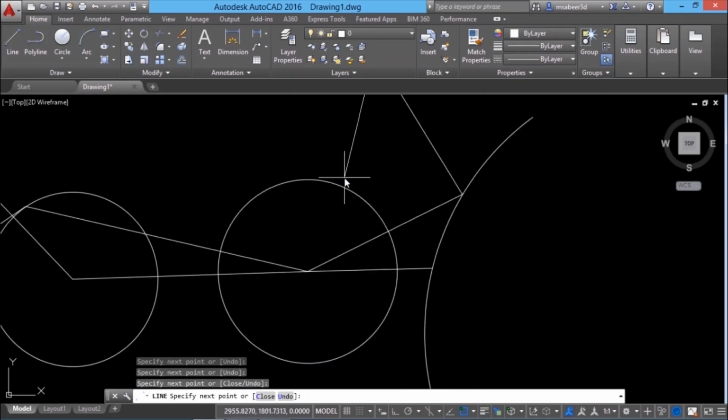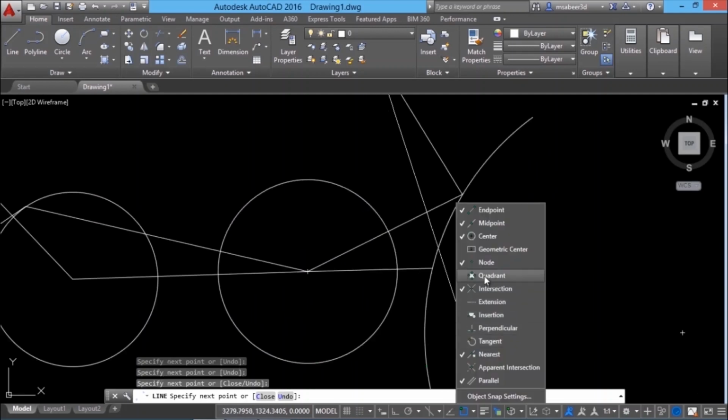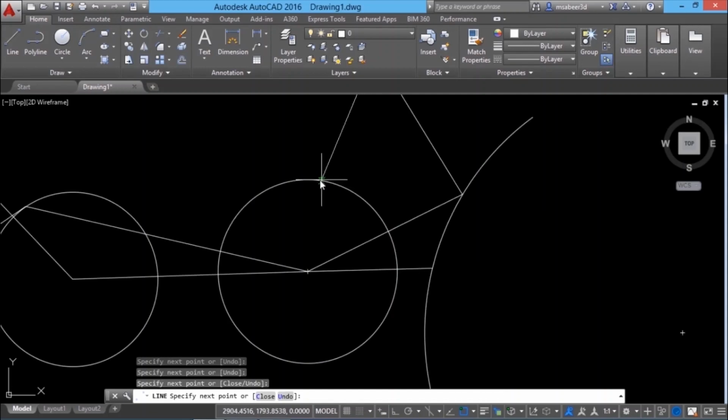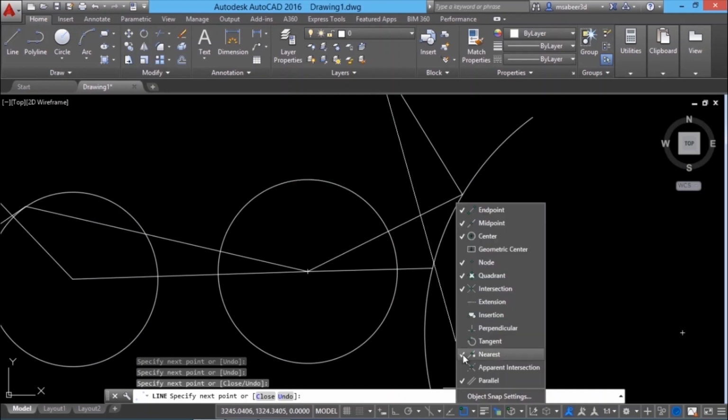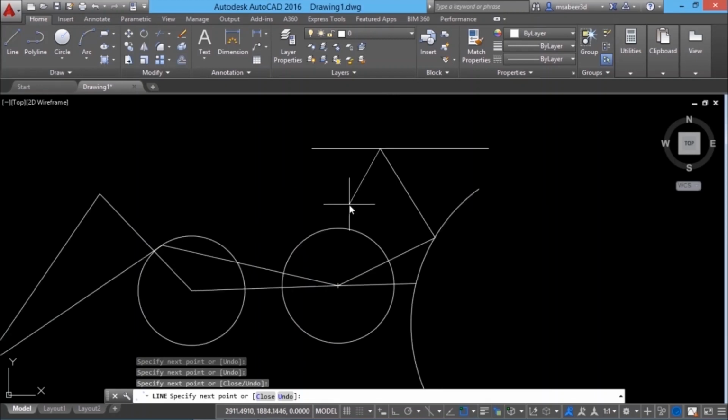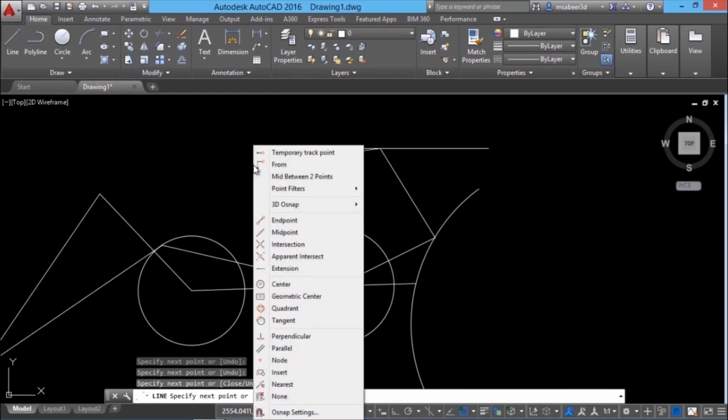Suppose if I want to snap onto the quadrant point here, I'll activate quadrant. Only if my cursor is exactly on the quadrant, it'll identify it. The moment you move away from the quadrant, nearest will take precedence. From this, it's clear that the nearest option should not be used as running mode. The solution is to use nearest snap in the override mode, which is obtained by shift right-clicking the mouse and choose